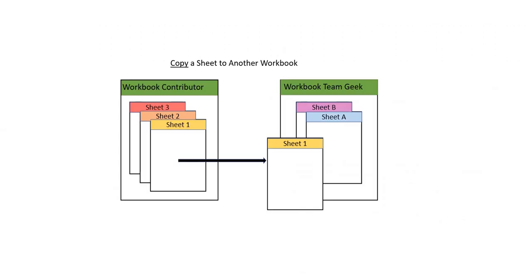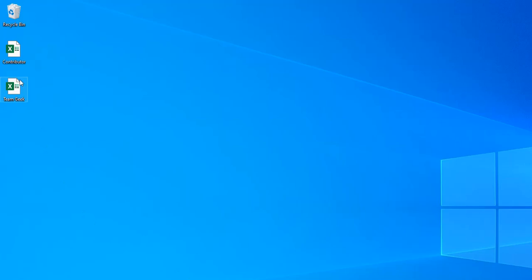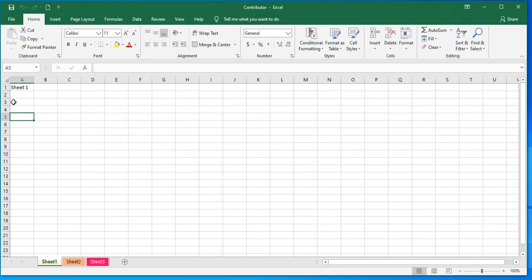Copying a worksheet from one workbook to another works very much the same way, except you check that little box. But we'll do a little experiment to make it a little bit more interesting. So I'm going to go ahead and open up this contributor workbook one more time. And I said I would make this a little more interesting. So on sheet number 2, I'm going to enter a number into cell A3. And I'm going to go over to the first sheet